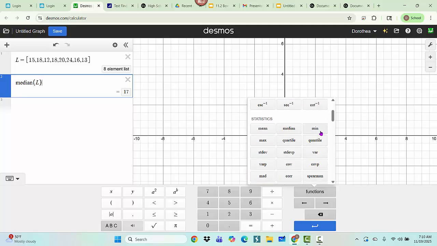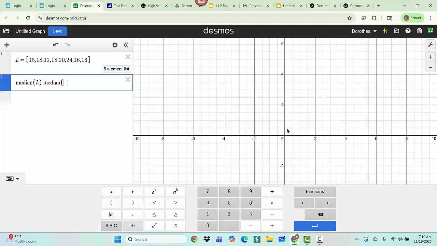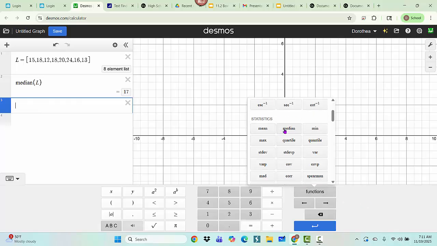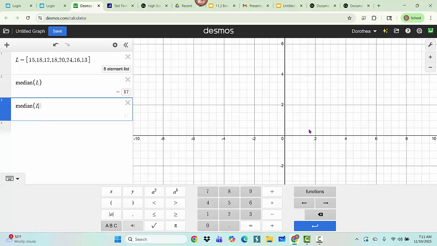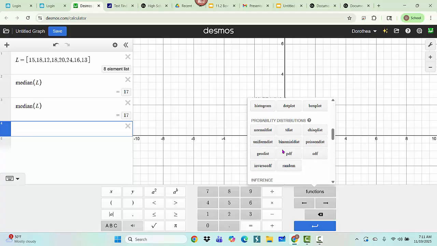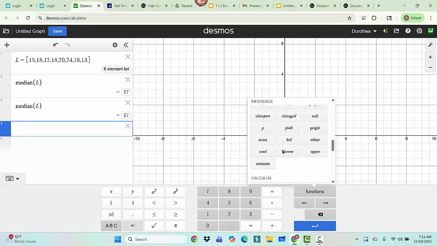I think you get the picture. It's not hard at all. I can do the median. I have to do it on another line. I could type it or I can select it. Median and then the name of my list. So if you do another list, you're going to have to name it differently. But what I want you to do is to come down to